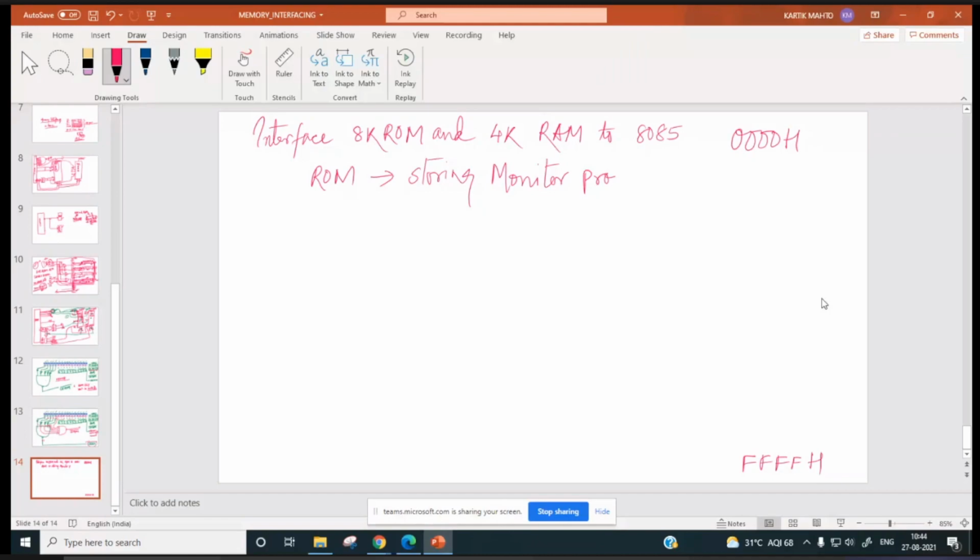And what is monitor program? What is monitor program? Sir, the set of instructions, basic instructions with which the computer starts, like the monitor.